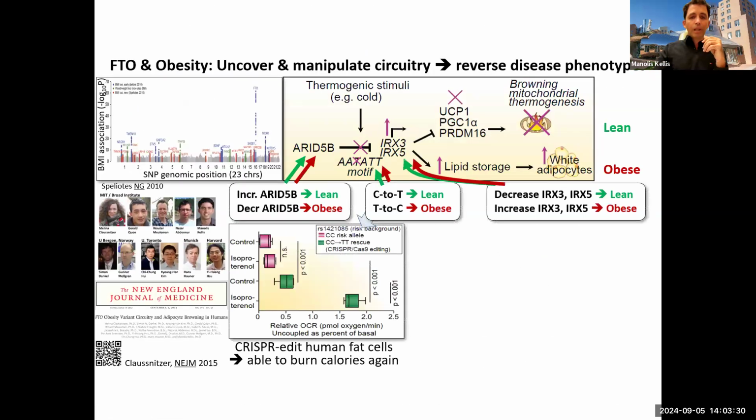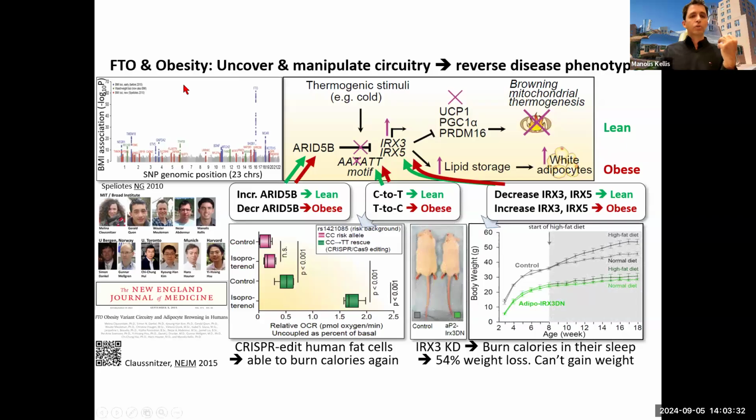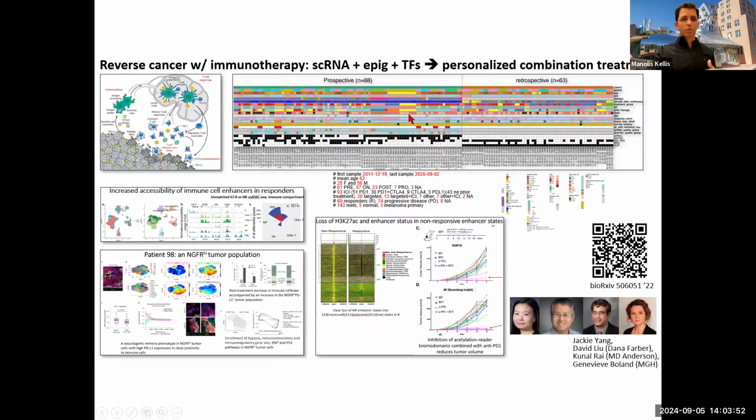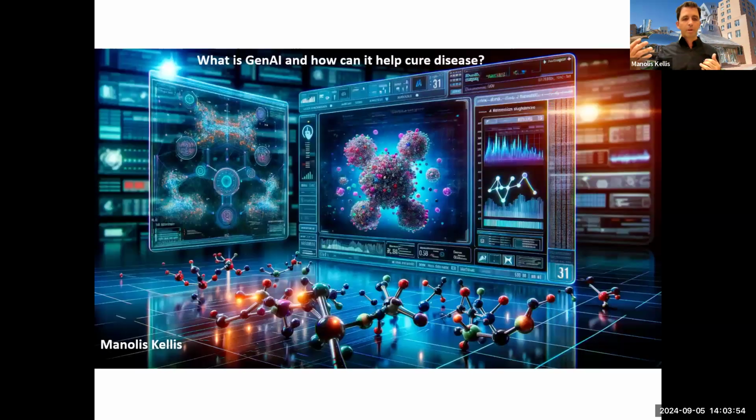And then that will allow us to start intervening, to say, okay, here's the strongest association with obesity. We understand how it works. We can go and intervene. And in this work that we did in my lab, I can flip the switch of obesity back and forth and turn lean cells into obese cells and obese cells into lean cells by changing different aspects of that circuit, okay? And we can do the same thing in cancer. We can do the same thing in Alzheimer's. We can do the same thing in many places.